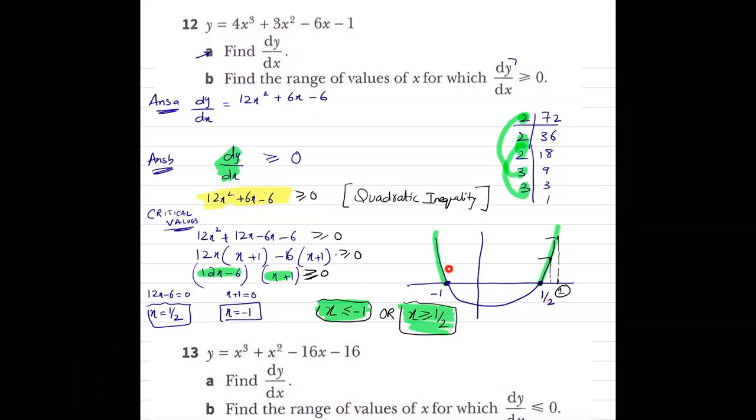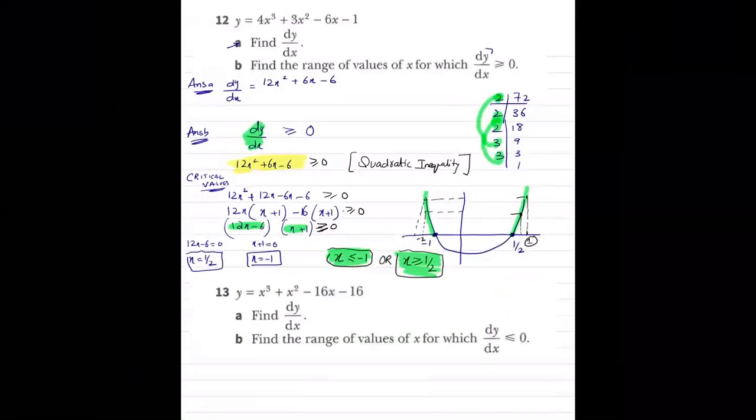The same can be said when I take x equal to -1 or less than -1, hence x less than equal to -1. So over here, if I take x as -2, I'm still going to get a positive value. If I take x as -3, I'm going to get a positive value. सही है? Is this making sense now? Yes.